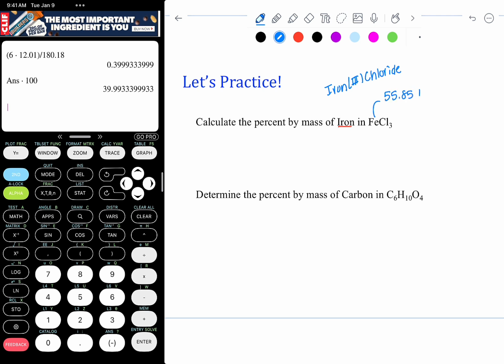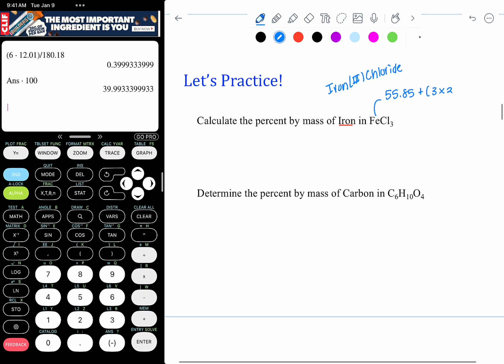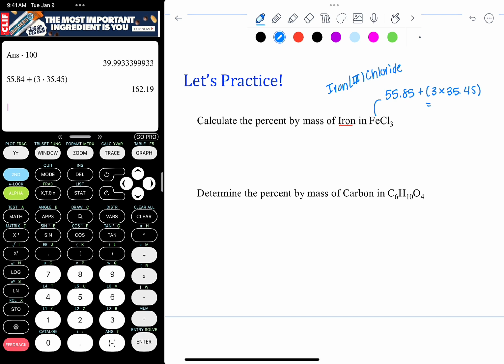55.85. We add to that 3 times the mass of chlorine, and we get 55.85 plus 3 times 35.45, and get 162.19 AMUs. So to calculate the percent by mass of iron, we take the mass of iron,